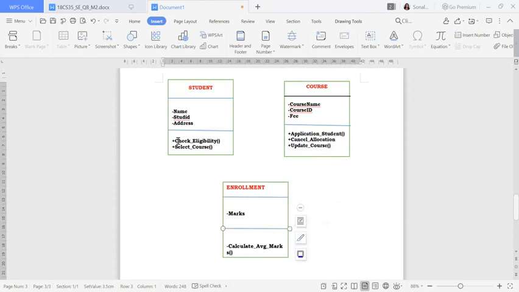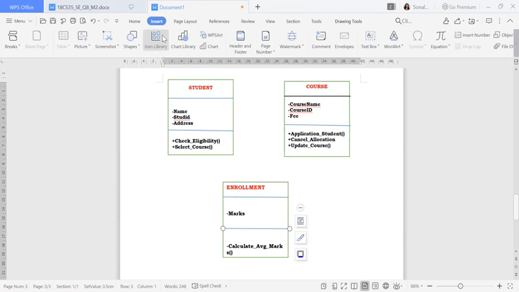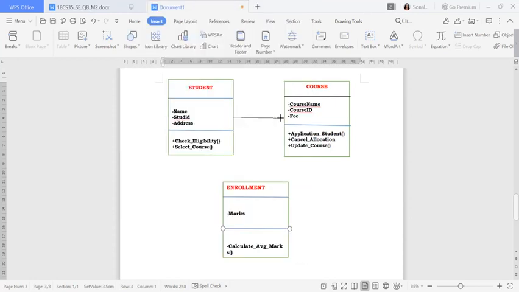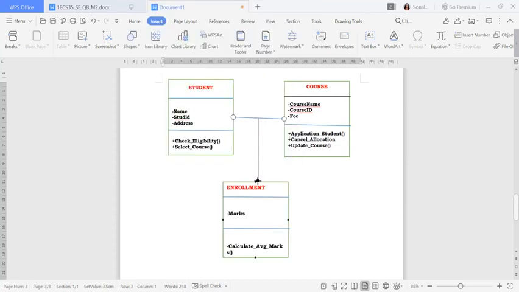Now how the connectivity I want to give, I'll give some connectivity. So I have to give the arrow, no sorry, you cannot use the arrow mark here, the straight line only you have to use, that is known as your links, association links. So from here to here one connectivity has to be there, and again you have to give the connectivity from here to here. Okay, so two connectivity I have given.